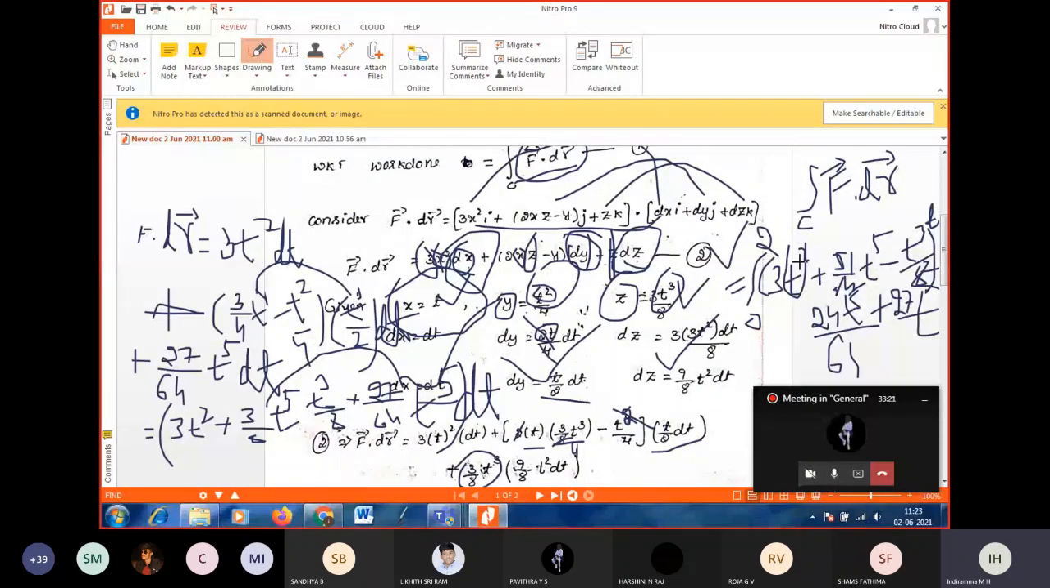So integration of t square is t cube by 3. The 3 cancels, so only t cube plus 51 by 64 t power 6 by 6. So next, minus 1 by 8 into